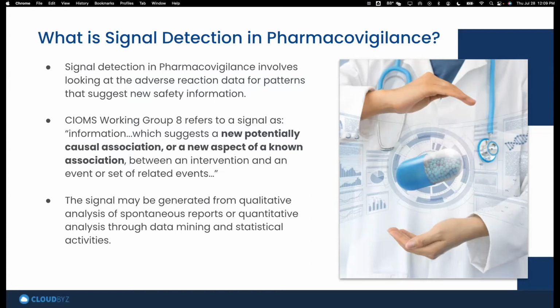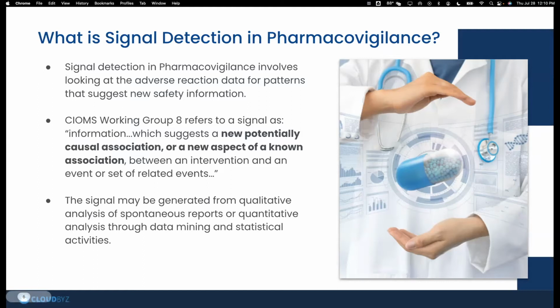And a third example of the form signal detection can take is that let's say a certain group of patients now has more likely chances of developing some sort of adverse effect. So let's say men over the age of 45, suddenly we're seeing a big increase in a certain adverse event that seems to be mostly limited to that demographic group, right? And so that can be either something that's new or something that's existing, but we're just seeing it crop up in a certain patient group. And so that is also a good example of a signal.